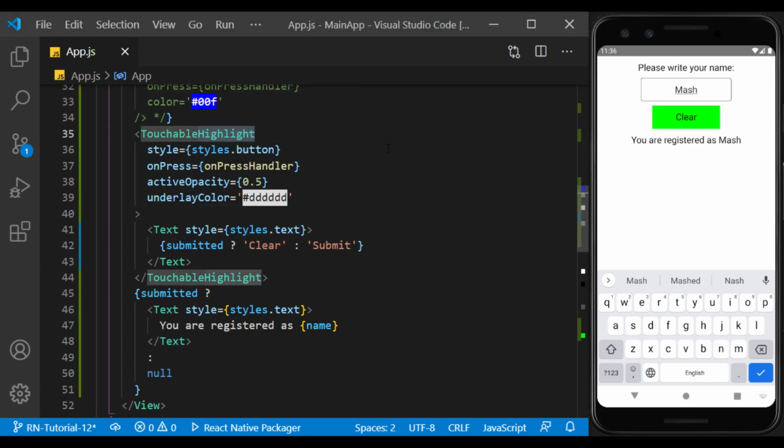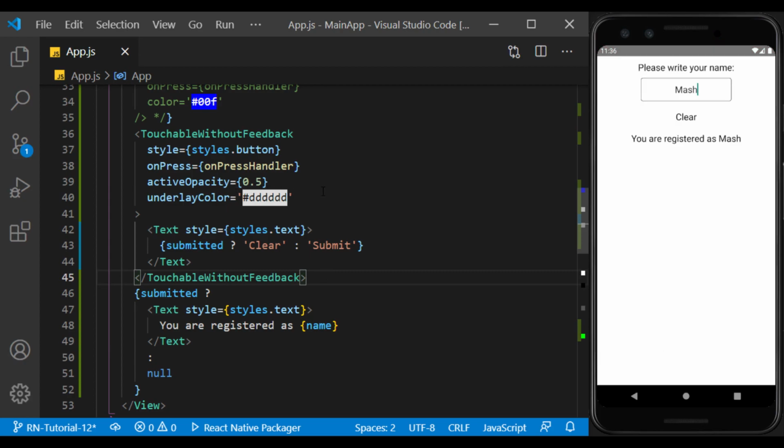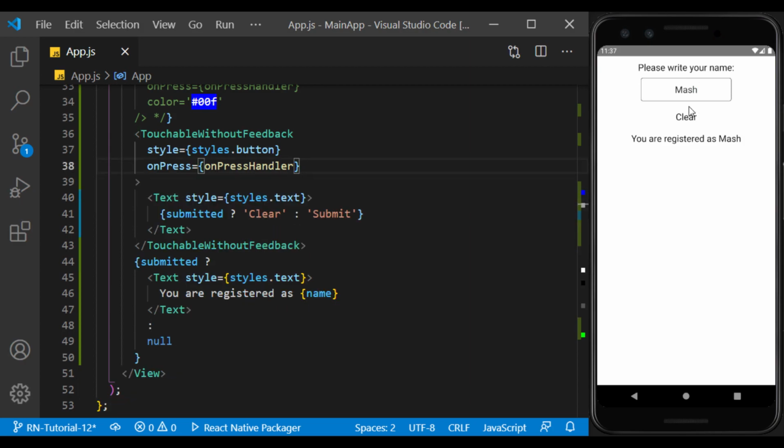The next component is touchable without feedback, and as its name implies, it doesn't give feedback to the user when clicked and doesn't induce a sense of clicking. It also doesn't accept a style, but we can do styling by using a view inside it.